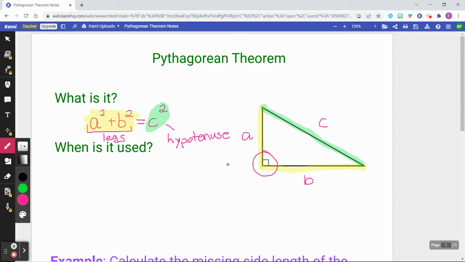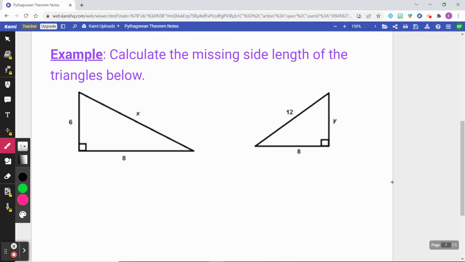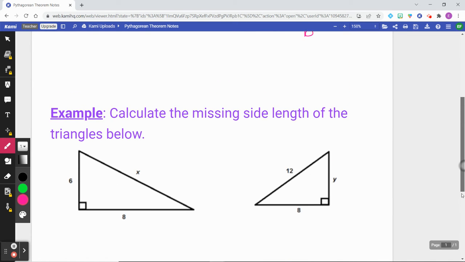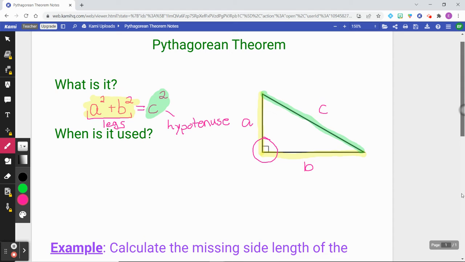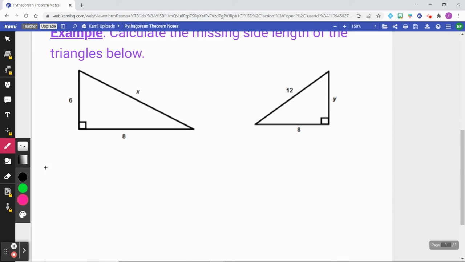So let's take a look at some examples now of right triangles where we know two sides and we need to calculate the length of the missing side. So if we're looking here and following our rule from up above, we see that we have legs given to us. The legs, right, are the a and the b. So for our case here, that's the 6 and the 8. So if I keep the same color coding as up above, I have a leg of 6,